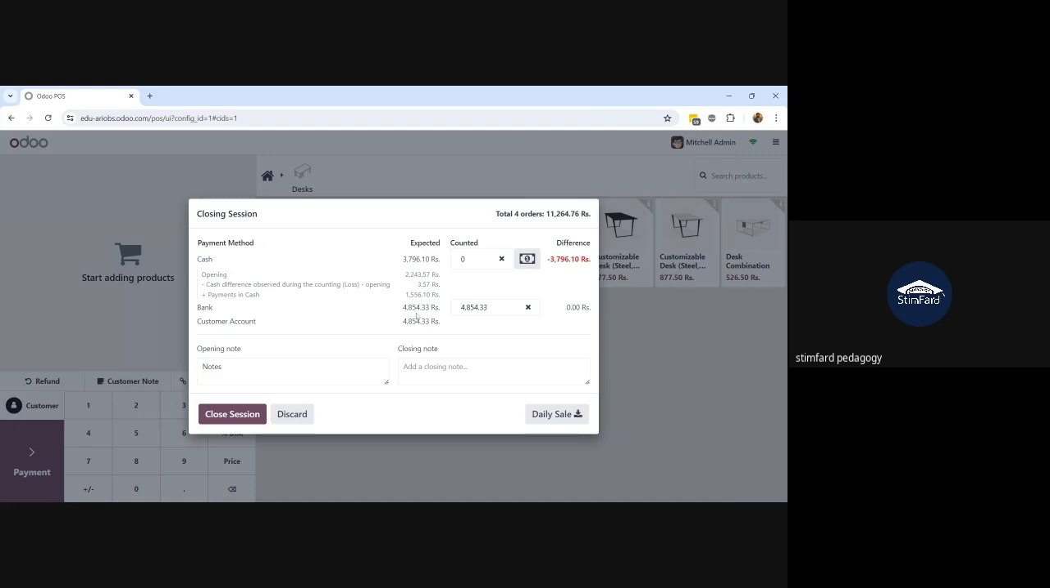And then you have a bank transaction as well with this amount. And then it's showing you have also the customer account transaction with the 4854.33. And then it's showing you the difference of the total cash that you have at this time. And if you have counted at the time of closing, if there is any difference, you can mention here